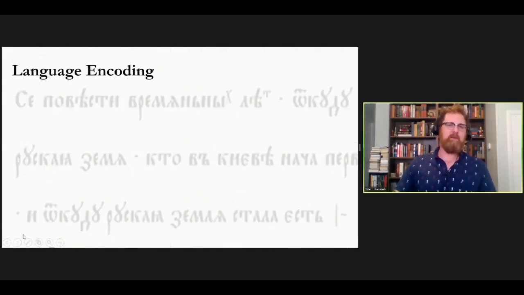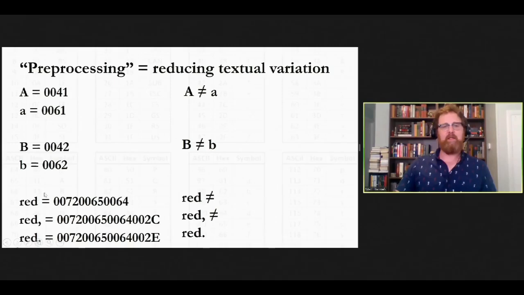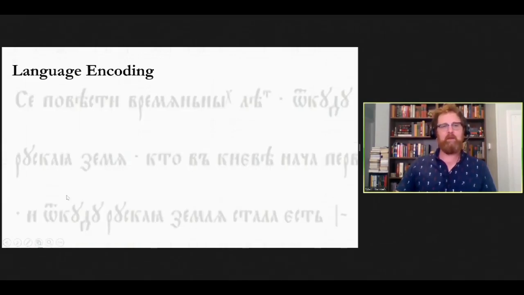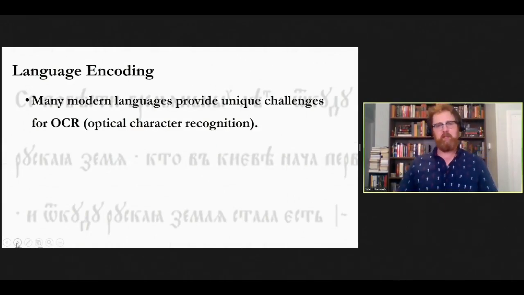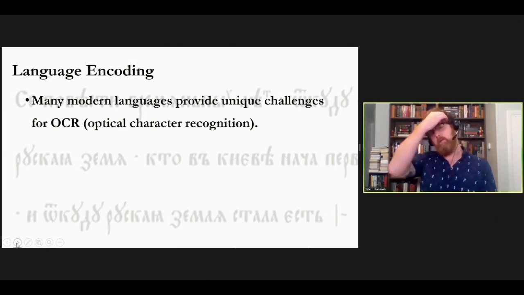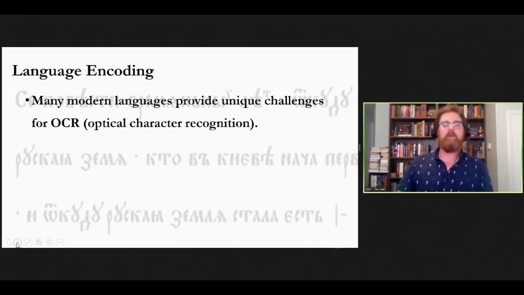The other significant challenge with language encoding, as I just talked about, is for the English language. But when we're dealing with other languages, we often find that there are unique challenges for OCR. For example, many modern languages don't have dictionaries for OCR, so they're impossible to translate using software. We might think of languages like Thai, for example, or maybe Russian. Now, those languages are developing OCR dictionaries, and many of them probably already have them, but it is a significant challenge. And there's an entire section of digital humanities that just talks about multilingual projects, developing new platforms and new